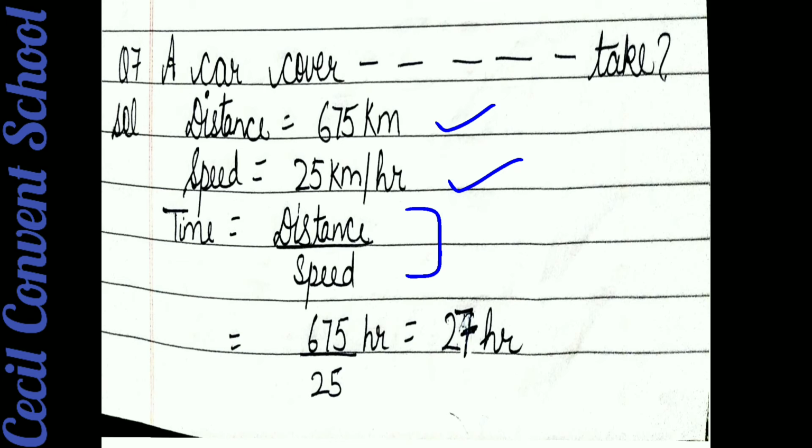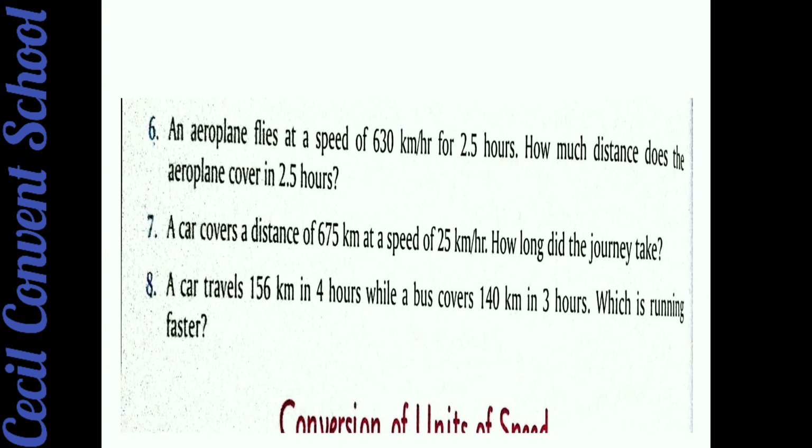When students you divide it, you have to do division on the right hand side as a rough work. 675 divided by 25. When you divide it, answer will come 27 hours, because 25 twos are 50. So when you write 50 down of 67, answer comes 175, and 25 sevens are 175. Clear? Like this manner we find out question number 7. Clear students? Now we will do question number 8.